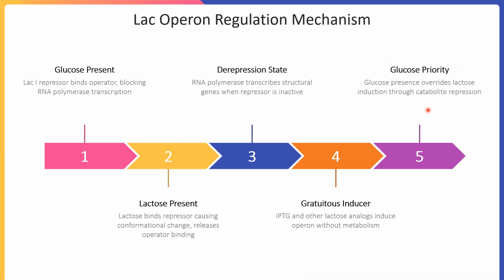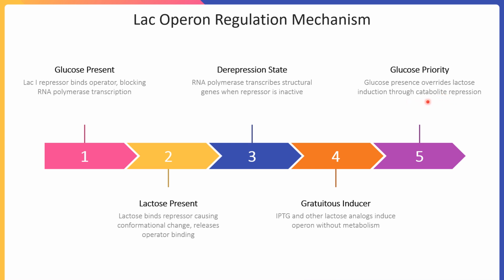The ultimate takeaway point is, even though glucose will activate the repressor and lactose will deactivate the repressor, the ultimate deciding point is glucose. Glucose is the priority, so its presence overrides the lactose induction. Even though lactose is present and the inducer causes de-repression, we need the absence of glucose to produce the catabolite activator protein, because that is what determines the binding of RNA